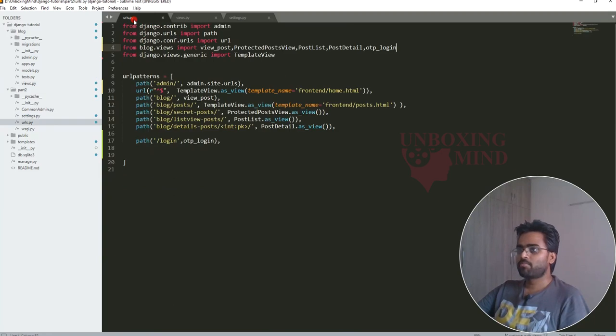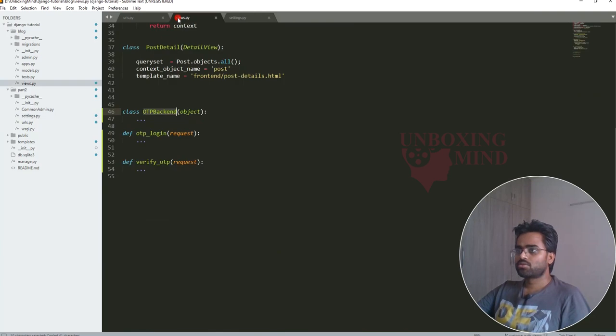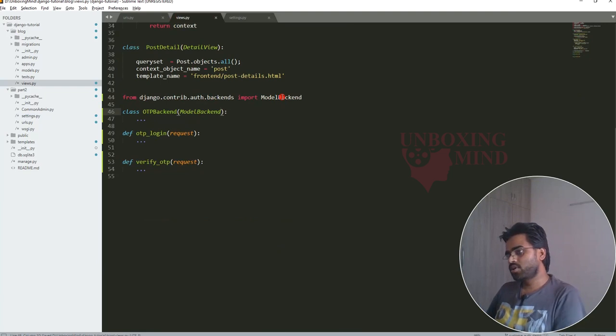Now this OTP backend, we will inherit from the model backend. Our target is not to do much more, so we will just inherit this class. Just put this import from here.